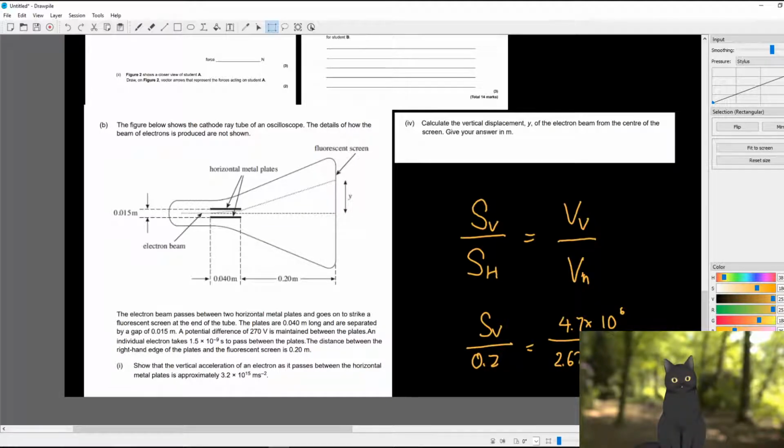Seven point five. Yeah, 7.5. So that means the speed used here is 0.04. VV is 4.7. Vertical component velocity 4.7 times 10. Horizontal component. Well, I got 0.04